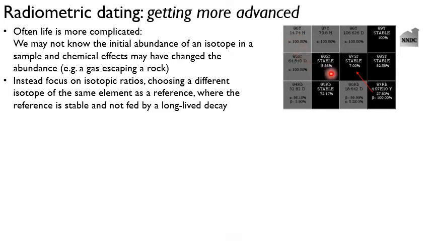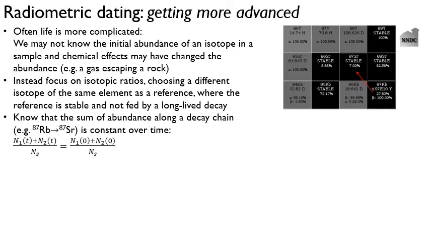So basically the amount of strontium-86 you have in a sample is the same as when it was made. Right? There's no radioactive decay feeding this, just however much strontium-86 the sample is born with, that's how much it has. Okay. So we know, though, that also the sum of abundances along a given radioactive decay chain is constant over